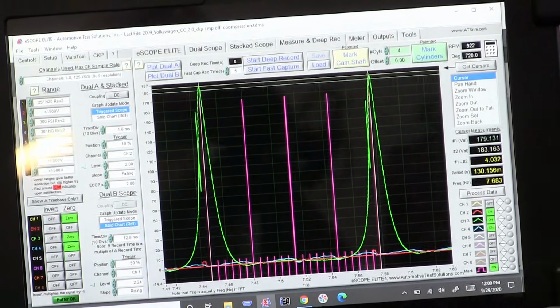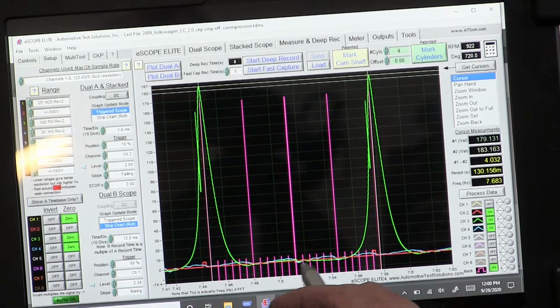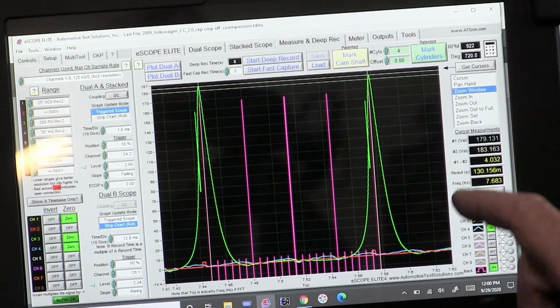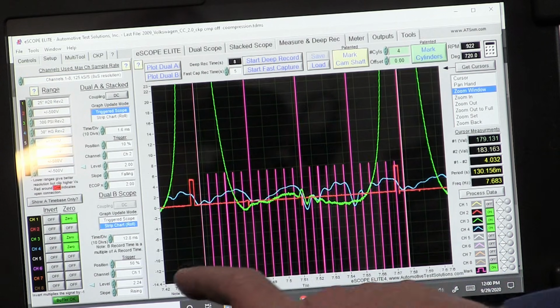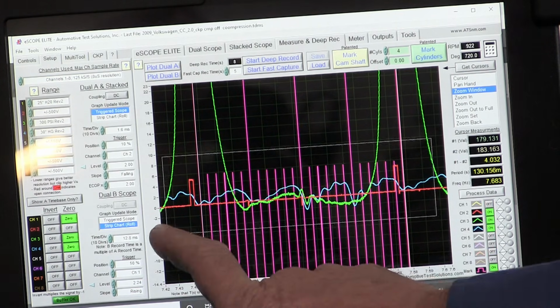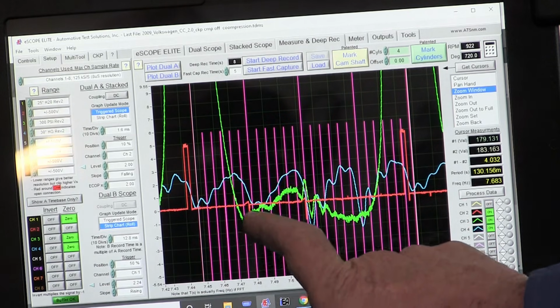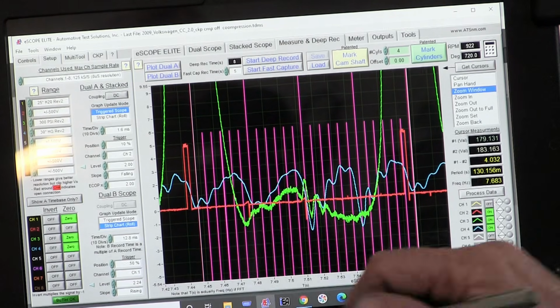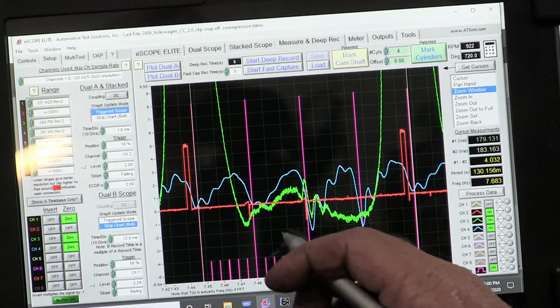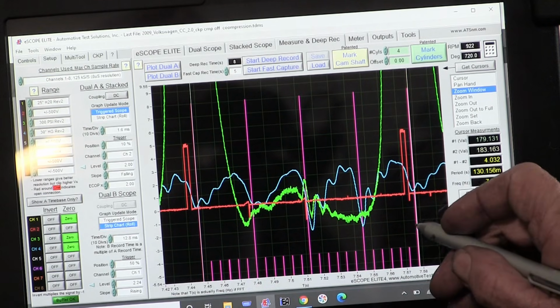We want to mark it, and now what we want to do is come back down here. So take our zoom window and zoom in on this, and see what's going on over here. We can see that this pocket right here is occurring, right? So we'll take the cursor,